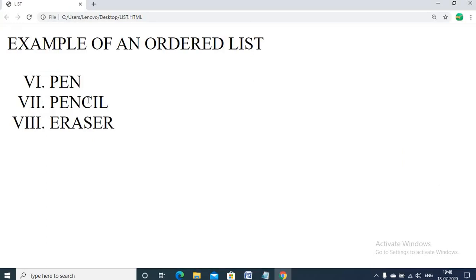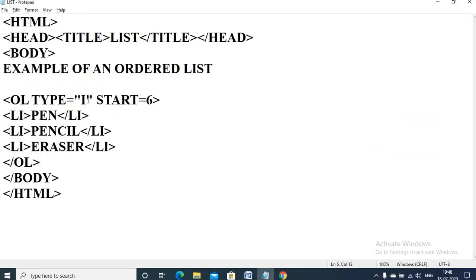But start will always have a numeric value. If you are using type as Roman number, you will not write a Roman number here. Here you will write the position of the alphabet or the Roman number. It will be the 6th position or 7th position or whatever position, and your list will begin with that particular number or alphabet.